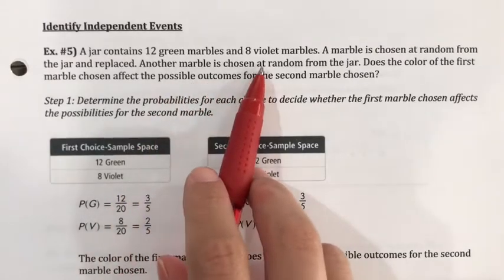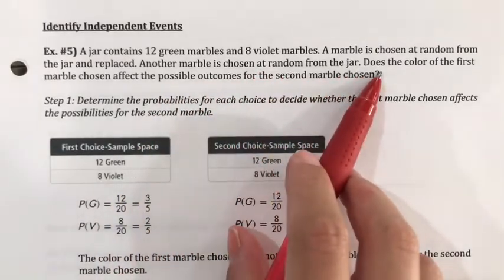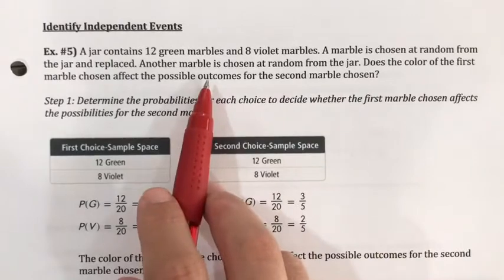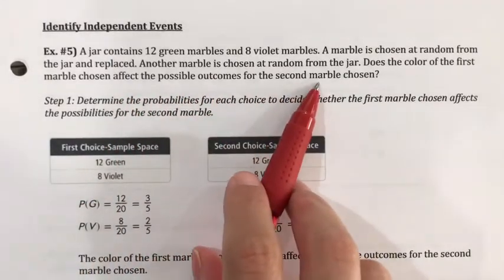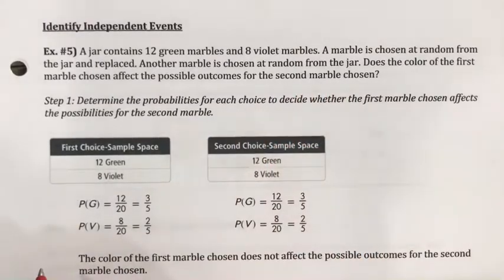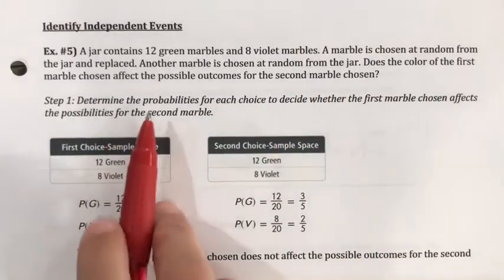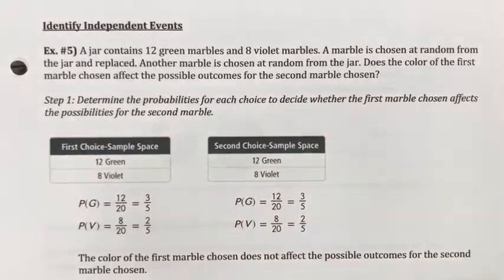Another marble is chosen at random from the jar. Does the color of the first marble chosen affect the possible outcomes for the second marble chosen? Okay, so determine the probabilities for each choice to decide whether the first marble chosen affects the possibilities for the